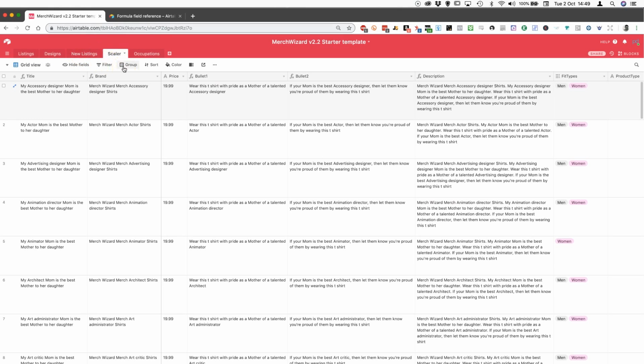So Scaler, think of this table as your means of creating the data, and with all the formulas and that, and then new listings is where you need to put it so that Merch Wizard can call it up when you're doing your uploading. The extension can call it up. So you see I've deleted everything. Now